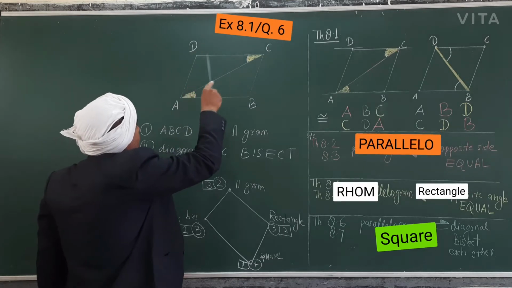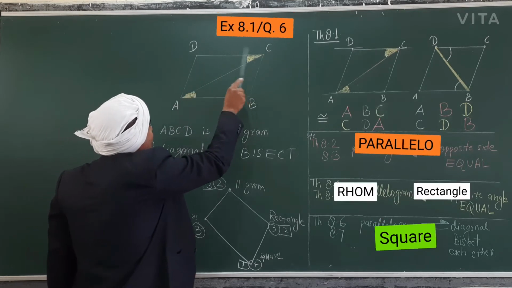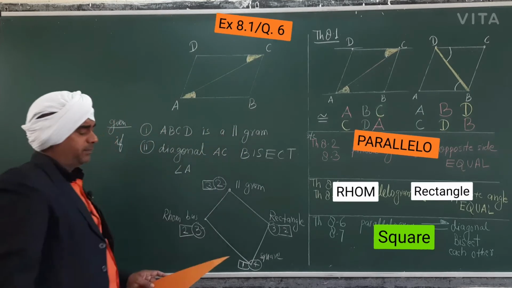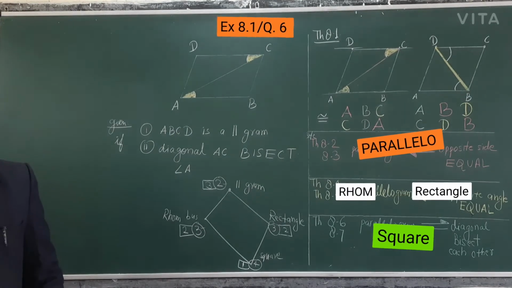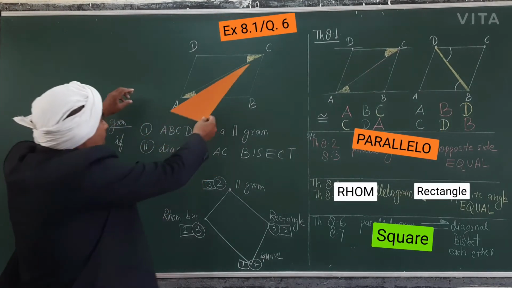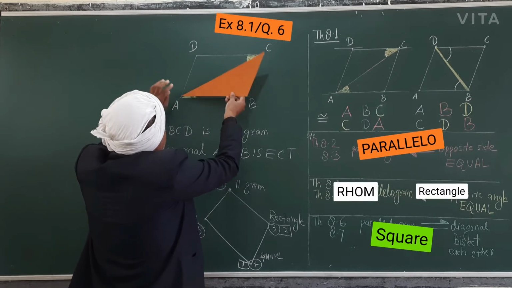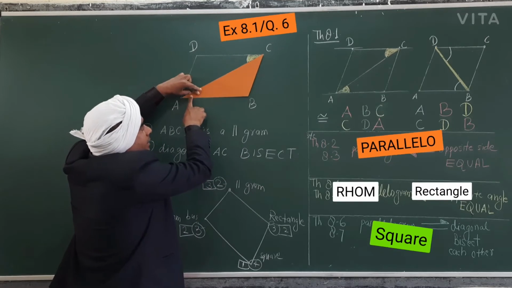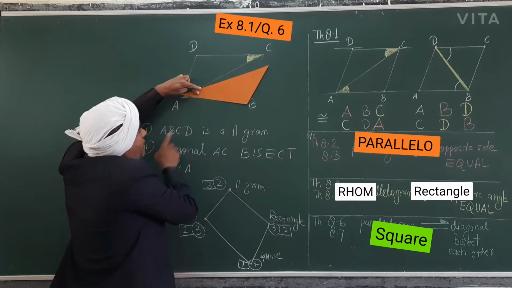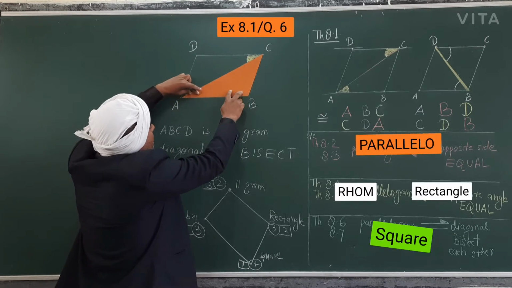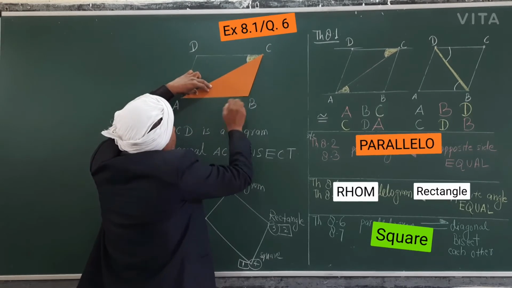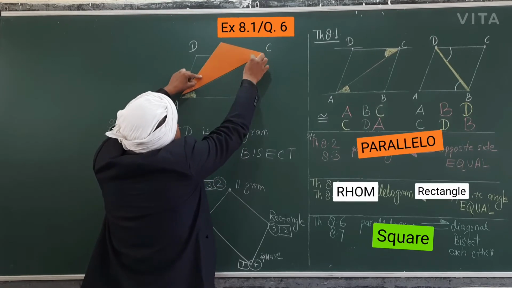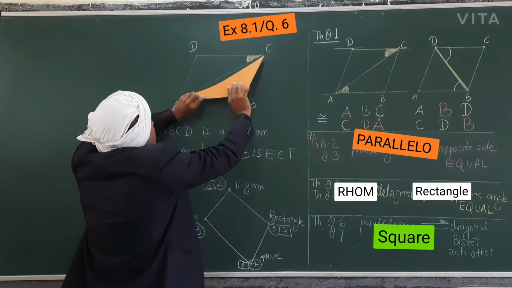Actually, this side, AC, AD and DC. Okay, let me tell one more thing. Let me prove this angle is equal to this. You can check it. This is angle A. I will show you this angle equal to this one. How? If I change it, these are not equal. So that's why it is not covering. How will I cover it?